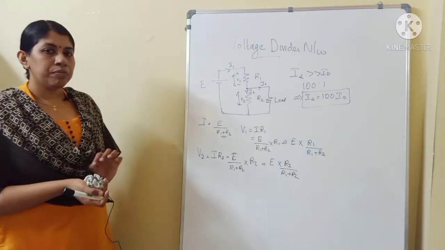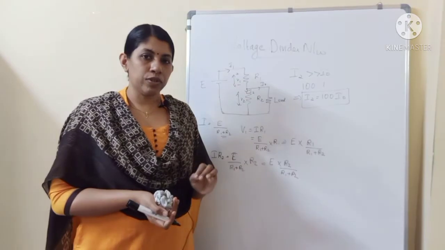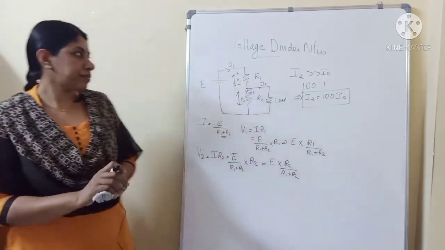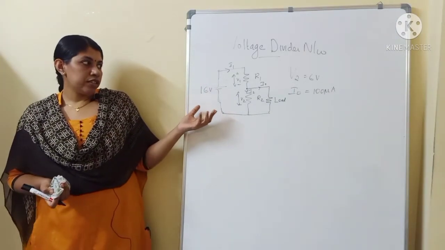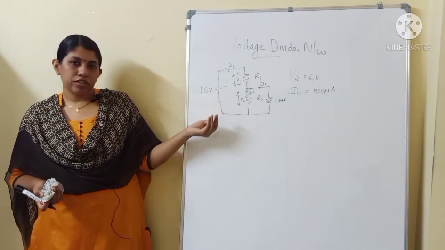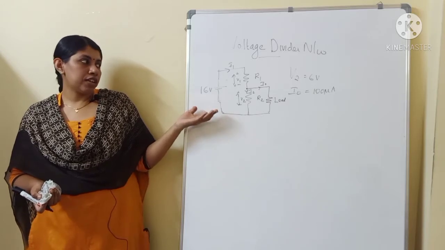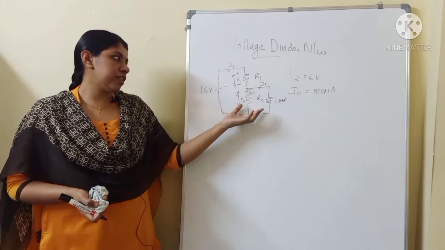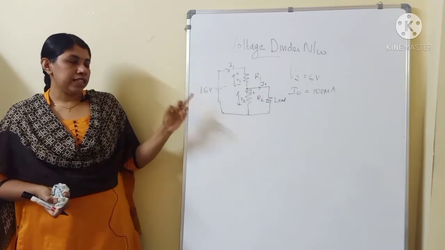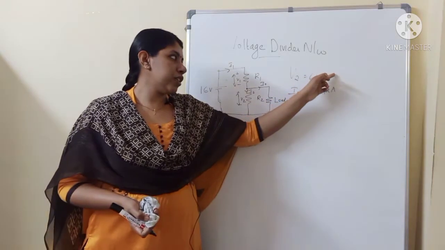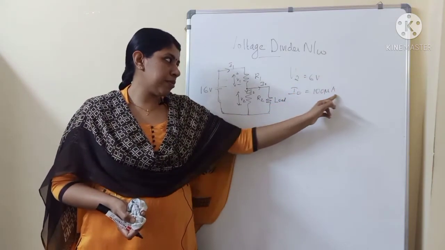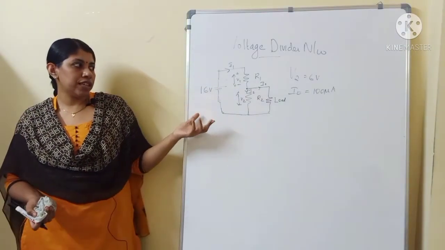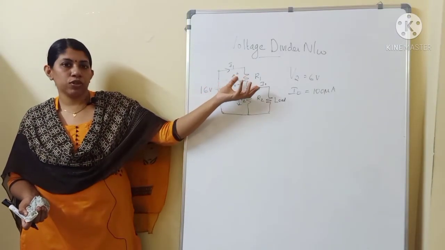Now we will simply design a voltage divider network so that whatever I have discussed here will be more clear to you. We are given a voltage divider network like this, and we are asked to design it. Design means you have to find the values of the resistances R1 and R2. The conditions given are that the output voltage will be 6 volt and the maximum load current will be 100 microampere. So with these values you have to design a circuit which gives a voltage V2 of 6 volt.